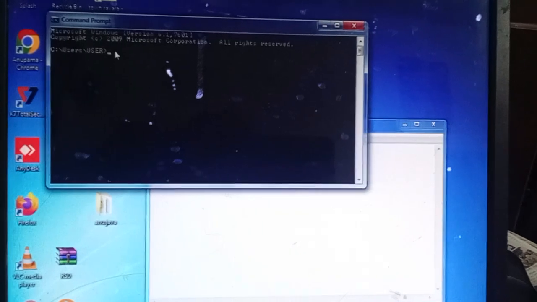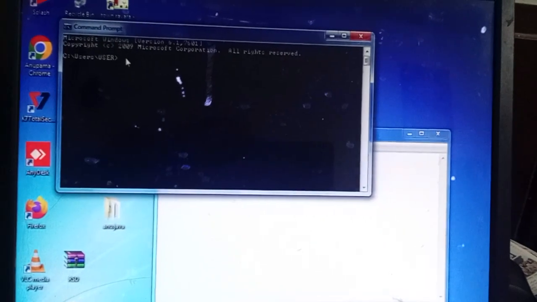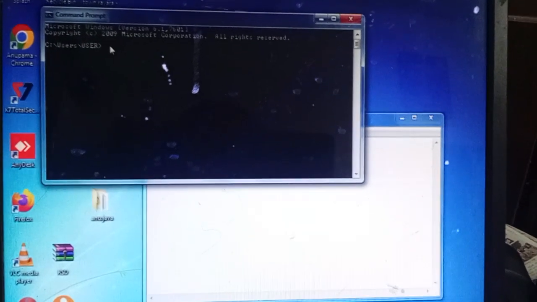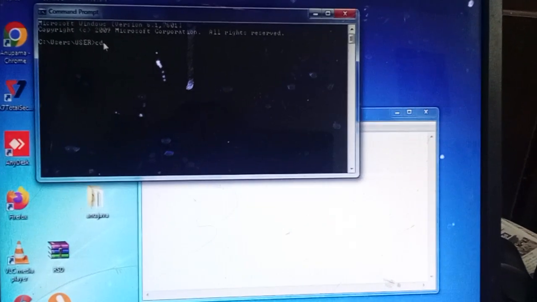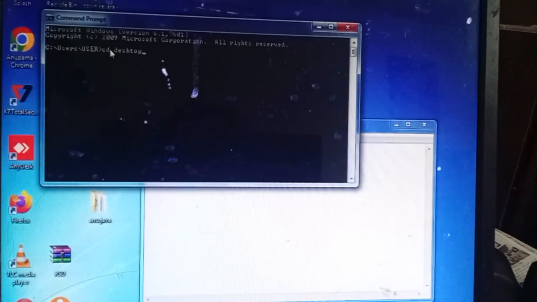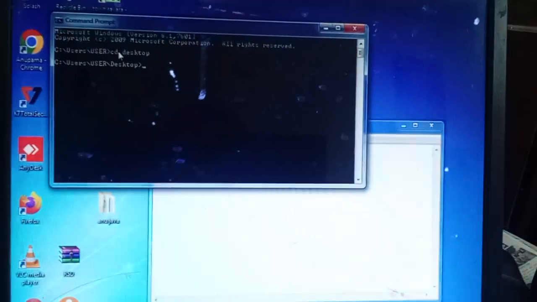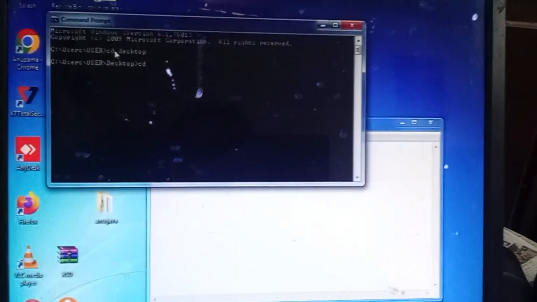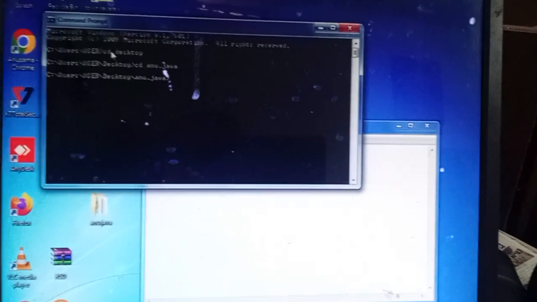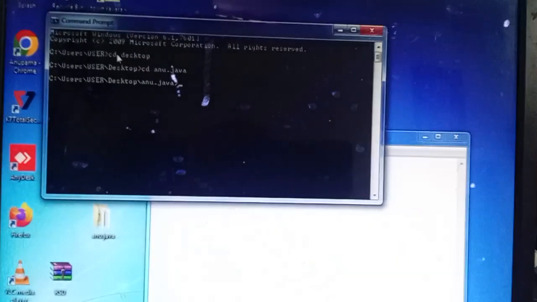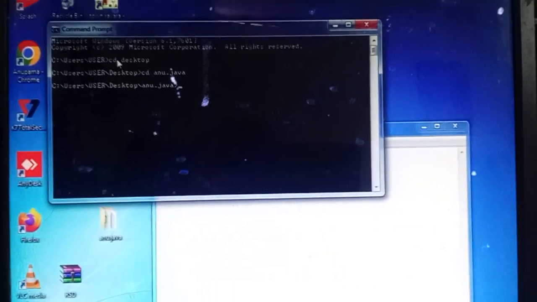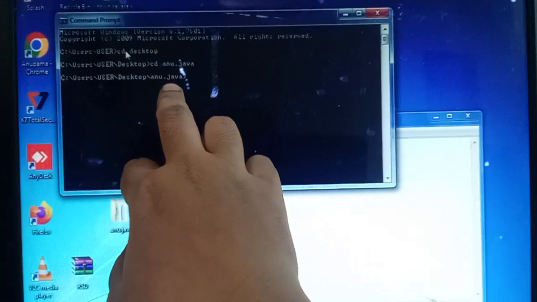I saved my file on the desktop, in the anu.java folder. So go to that path. cd is change directory, space desktop, press enter, desktop entered. Next again cd, anu.java, and press enter. This is the path where I saved my files. Whatever compiled and Java files, those all will be there in this anu.java.